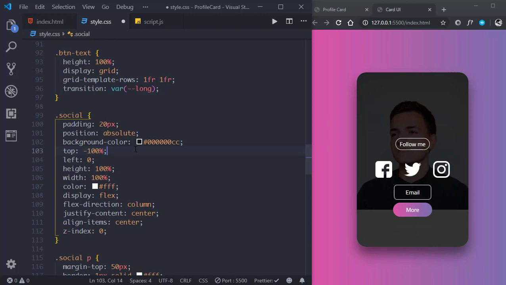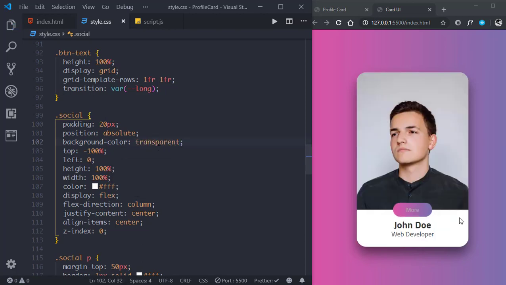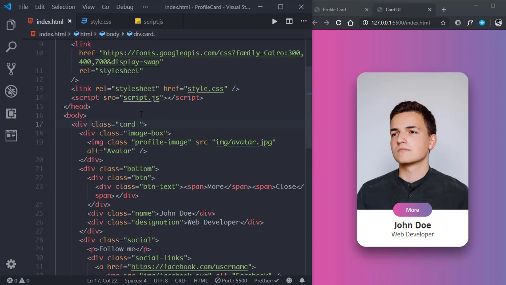When the class is not active, and it will be transparent. So when the card is not active, it will be like this. And when we put the active class,